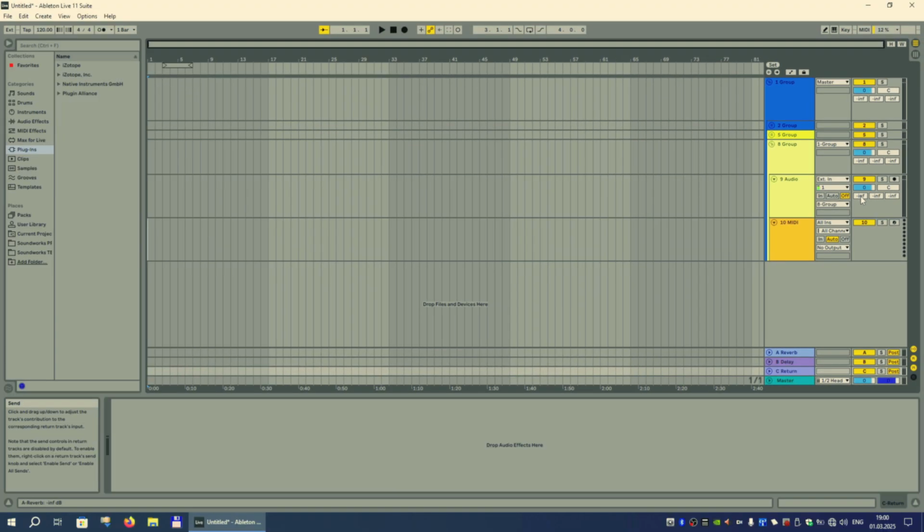So it means that you don't send 100% of your, for example, piano signal to a return track, but you choose how much exactly to send, while there is still a copy of piano remaining that does not go to a return track at all. This is what's called parallel processing, and this is the difference from groups, where you cannot control how much of a signal to send to a group. If you send it, you send all 100% there, which is serial processing.